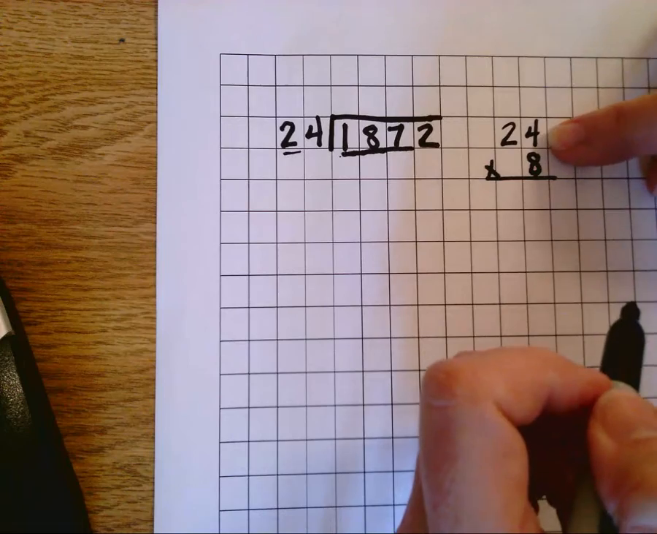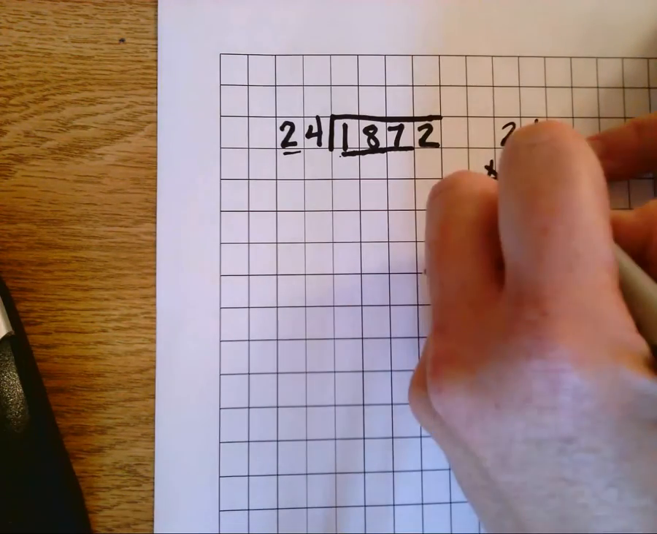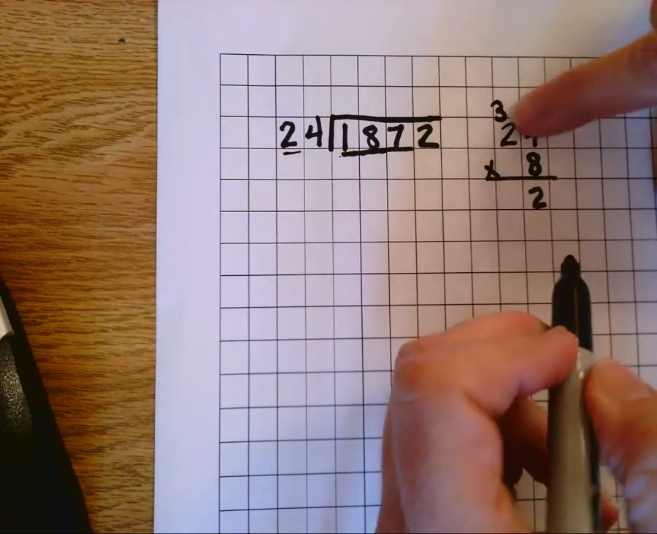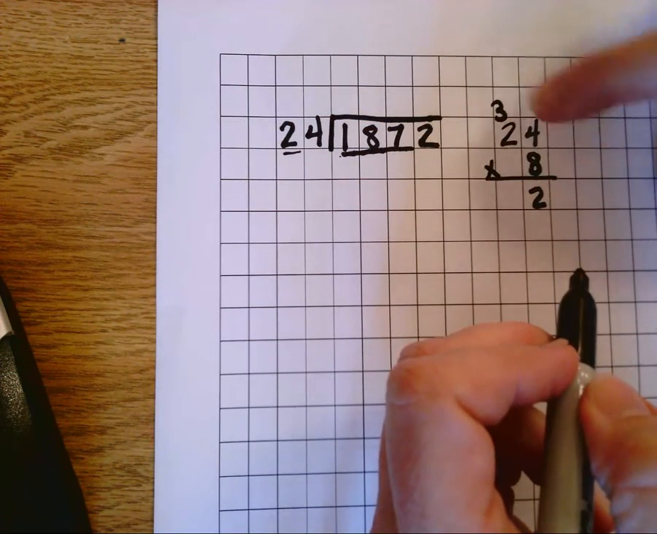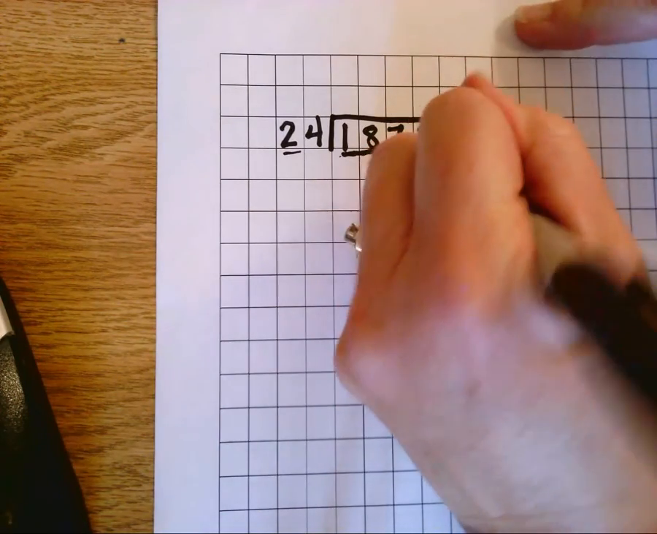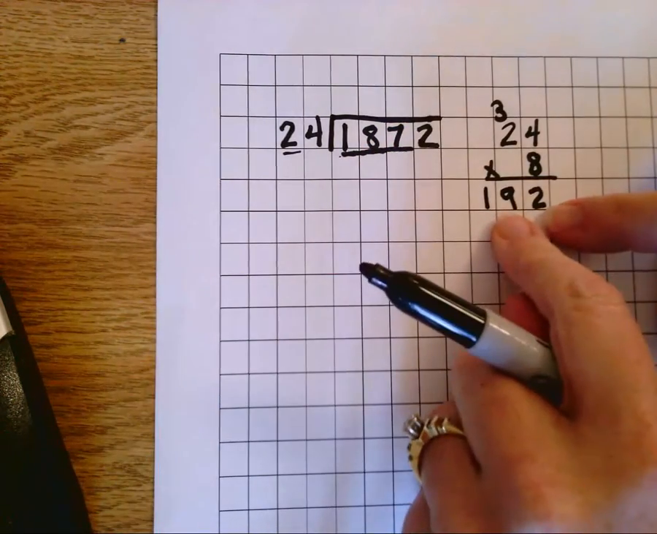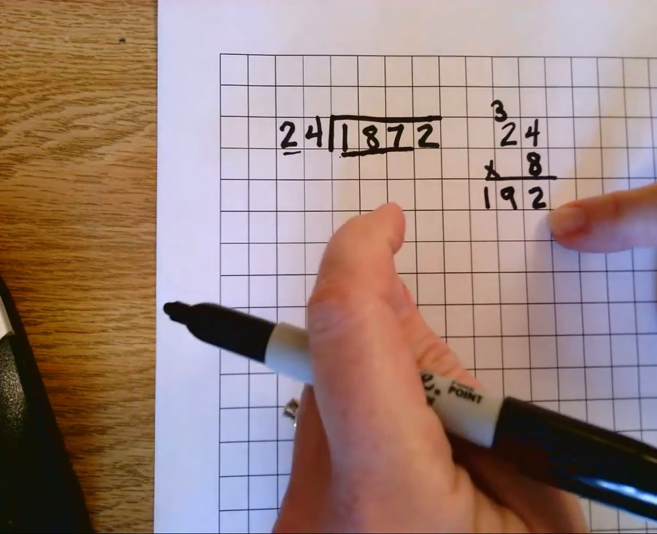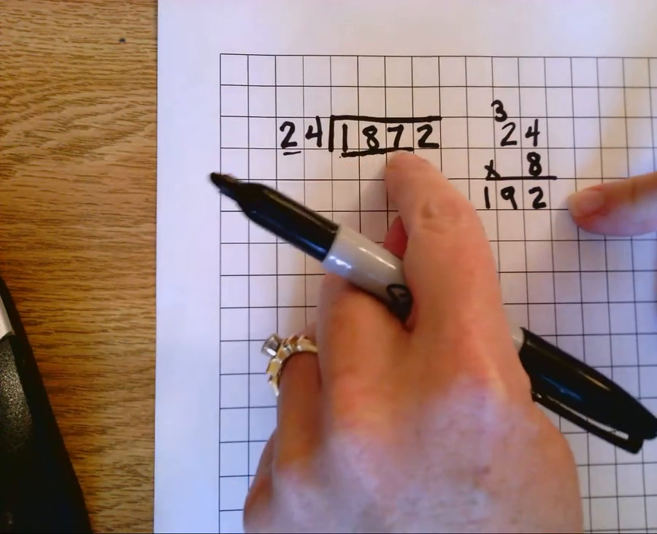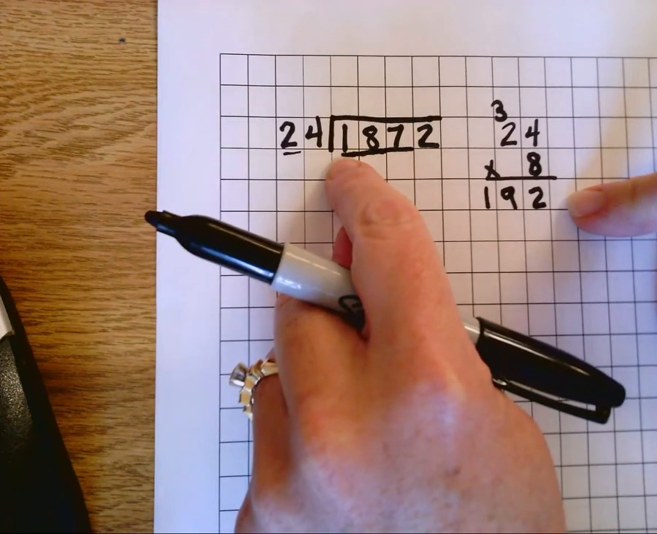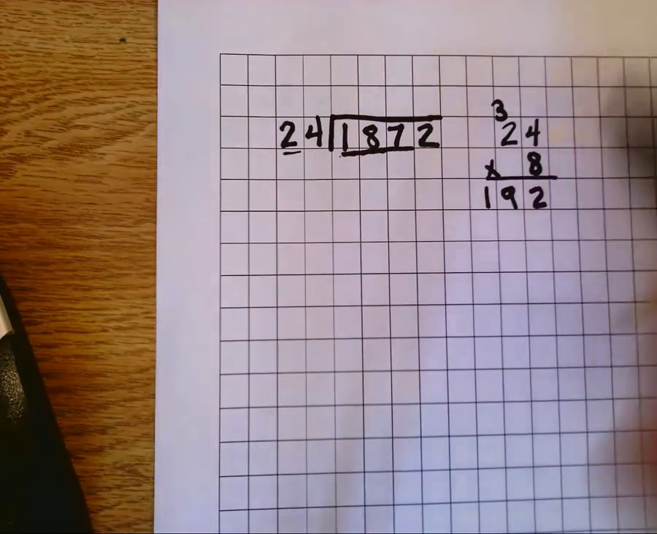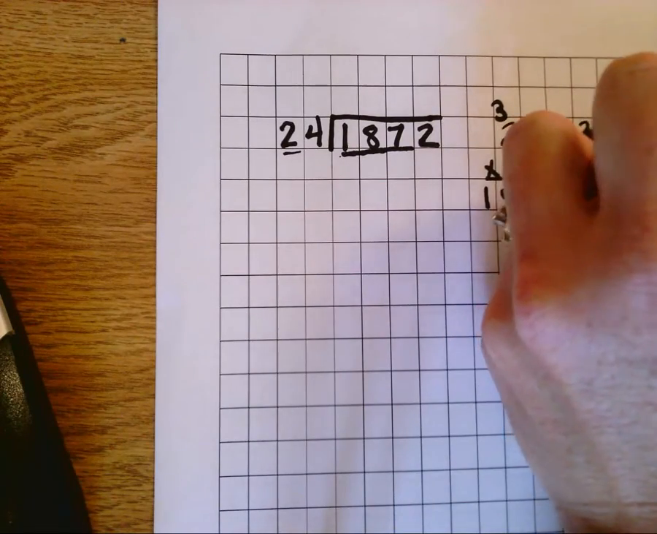Okay, so we need to multiply. 4 times 8 is 32. Carry the 3. 2 times 8 is 16, plus 3 more, 17, 18, 19. Well, 192 and 187. Will that work? This number needs to be under 187. It does not work. So we need to go back down to the next number and multiply 24